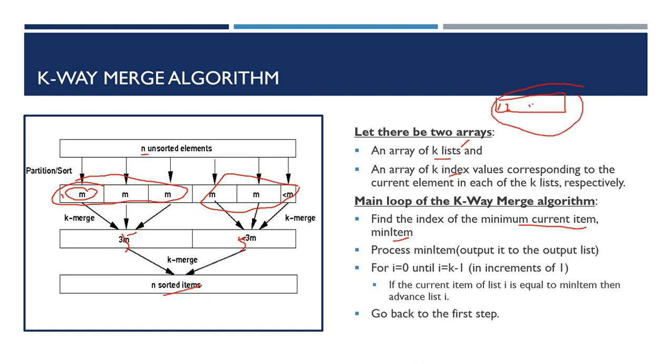That means this is one block m. Similarly, at the same time, all the blocks will be processed in parallel using the k-way merge algorithm. Then these sorted blocks will be merged once again to produce the result, until we get the elements in either ascending order or descending order.